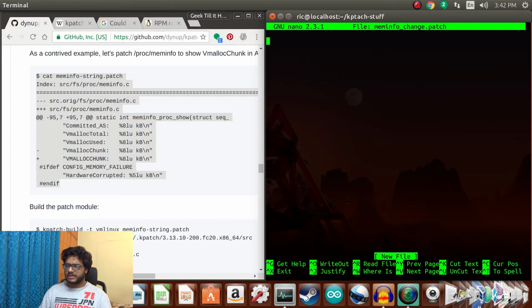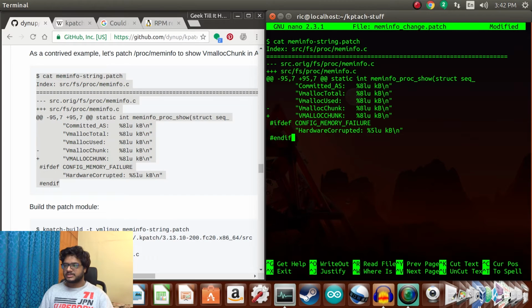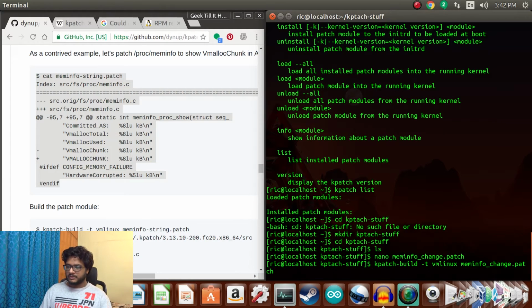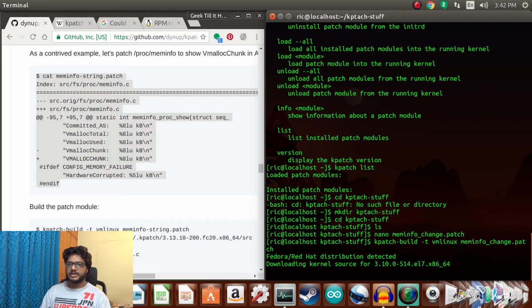So let's just name it that, and regardless right now of what the patch file does, we'll just create one and then issue the command kpatch build and vmlinux, and then the patch file name. So this will actually